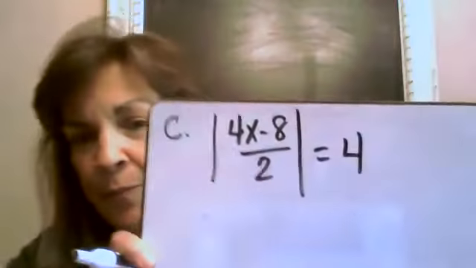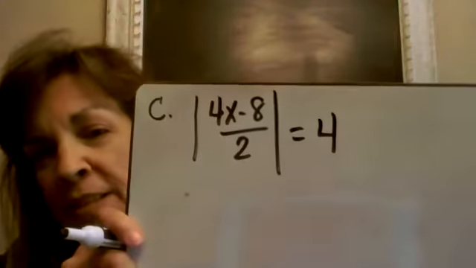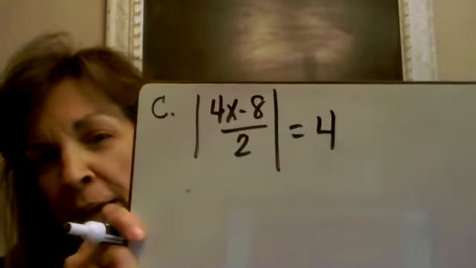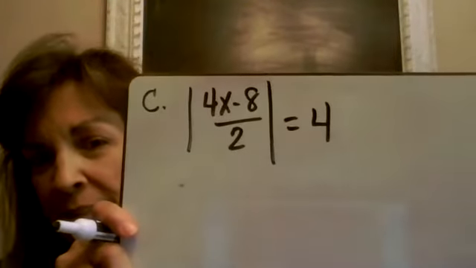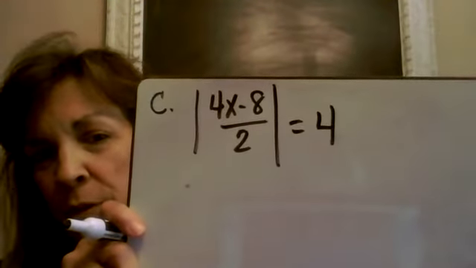So I am going to work practice C. If you will look at your lesson, we'll go over practice C. We went over some like this before we were out for spring break. But as a review, look at this. This is an example, and we have the absolute value of (4x minus 8) divided by 2 is equal to